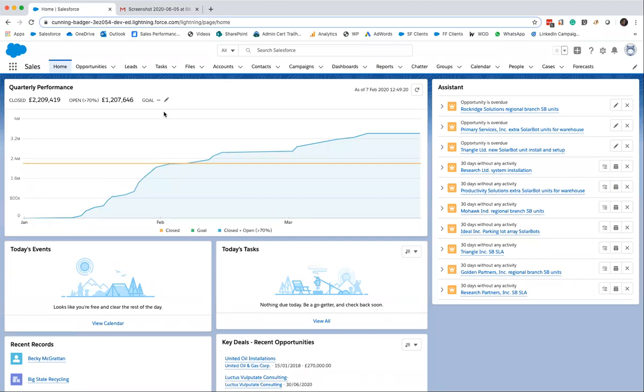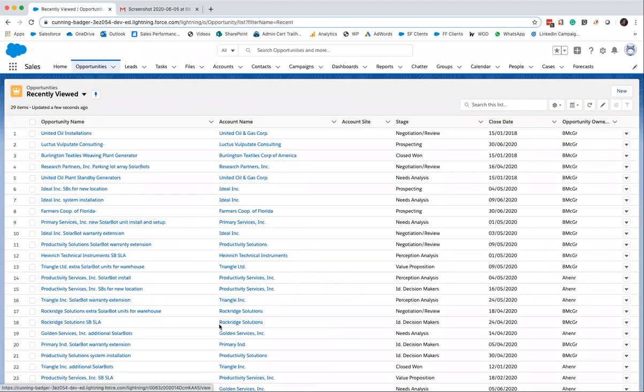A lot of objects use list views. You'll see them whenever you click into the object. It essentially helps us to drill down on our data using a filter. Just a few points to note. You might not have permission to create a list view in your organization. If you don't, just ask your Salesforce admin for help. If they don't want to give you the permission to create the list view, they'll probably be able to create